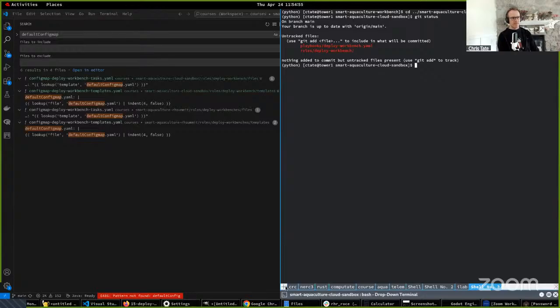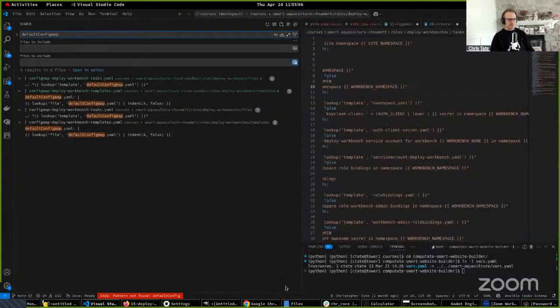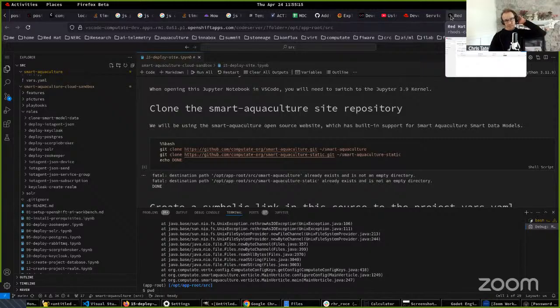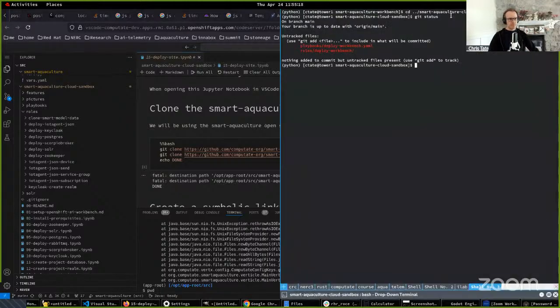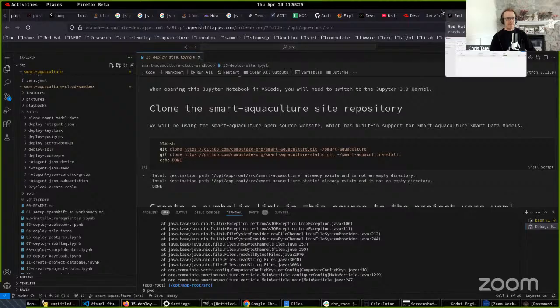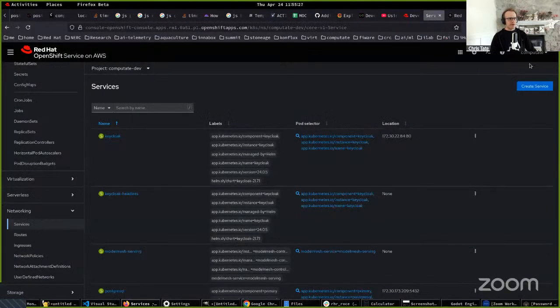Oh, yeah. It looks like I was actually working on that here. So maybe we could work some more on that. If I want to do that development locally, then I want to git pull the latest here. So I have some updates. All right. And then I go to my OpenShift console